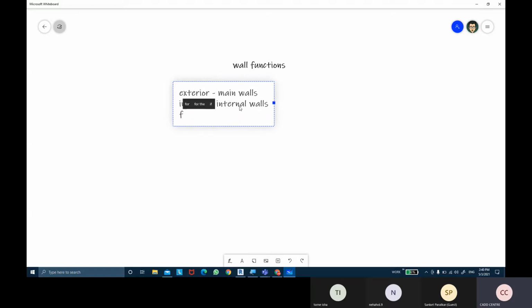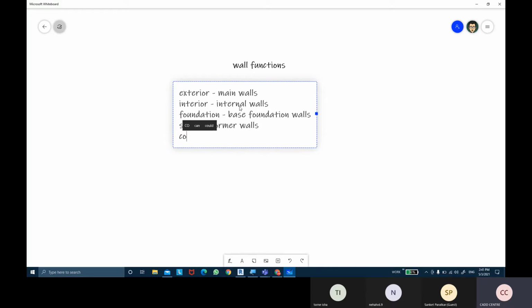Then you have the foundation wall, base foundation. You have the soffit wall. Soffit features, that's dormer walls when you're creating dormer roofing.